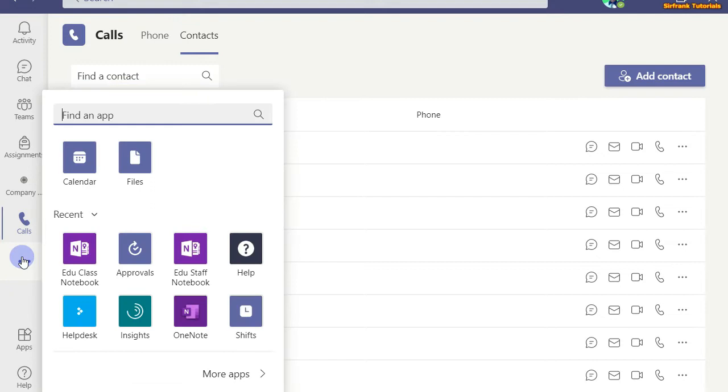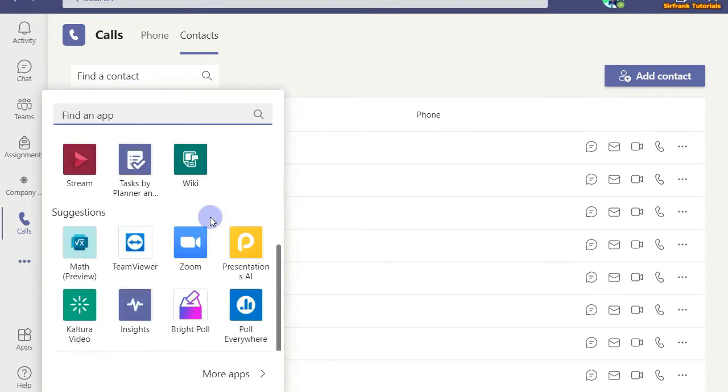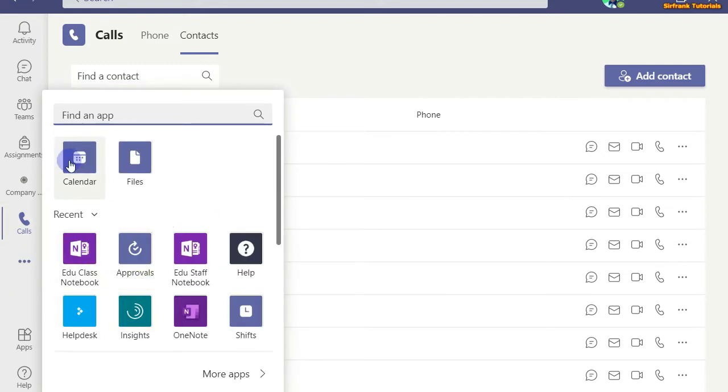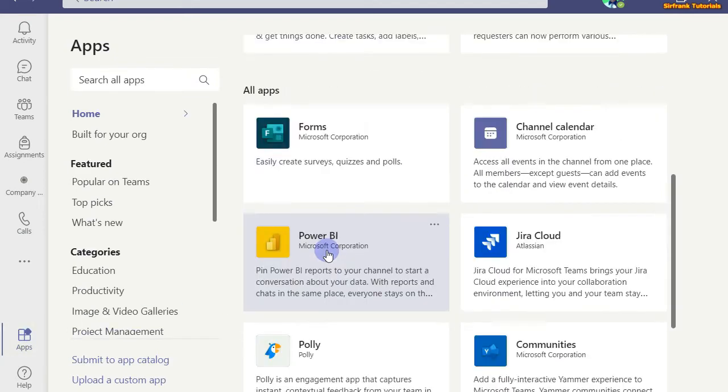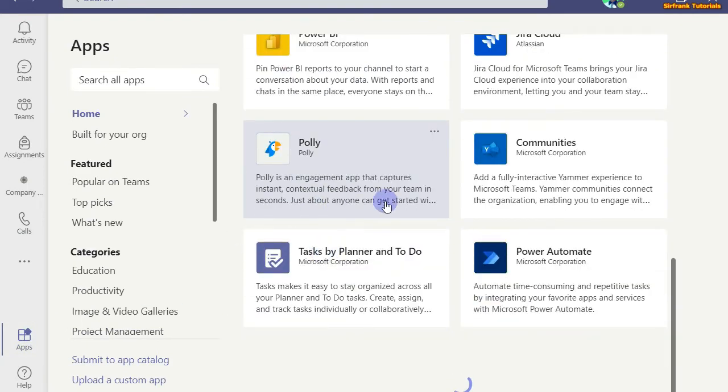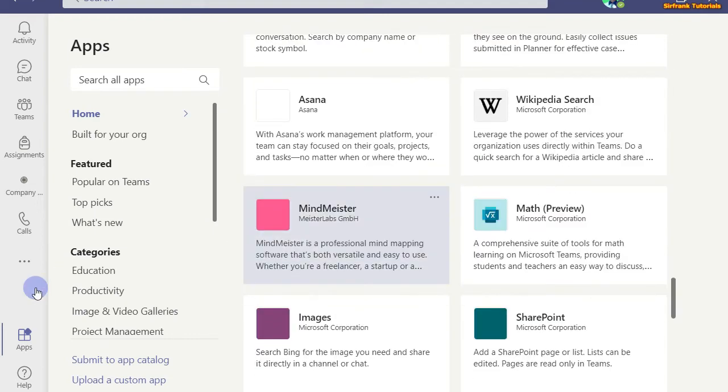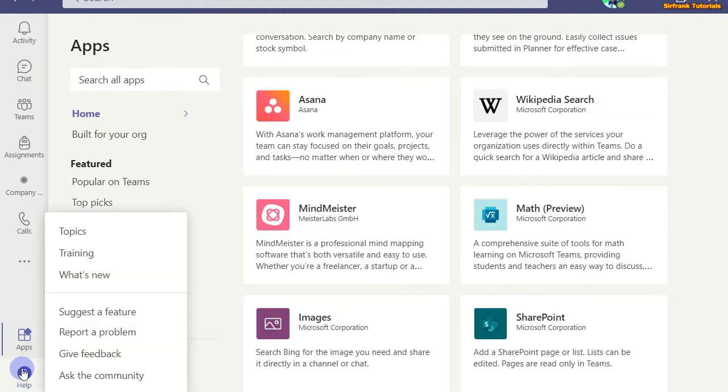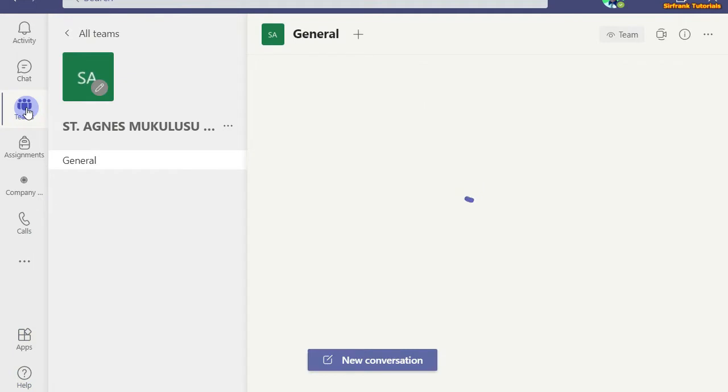Now on these ellipses, this is where you can access your applications, for example the calendar and what have you. And then we have more applications which you can add on your team. So all these applications can be added on your team or channel. And then you have the help, where you can take an online course on how to effectively use Microsoft Teams. So we shall go back to Teams